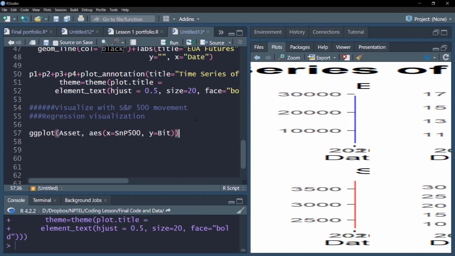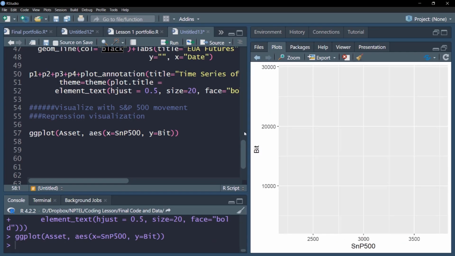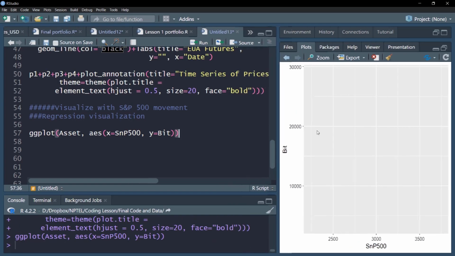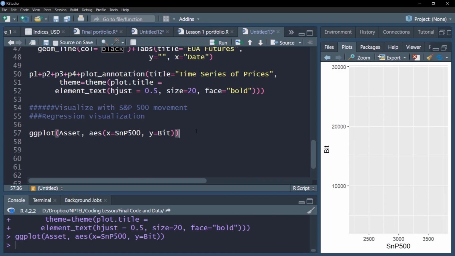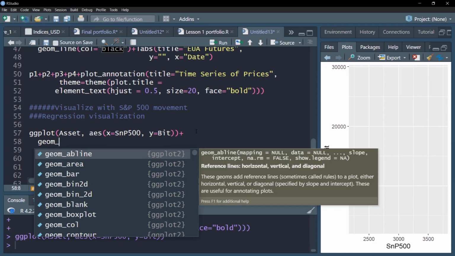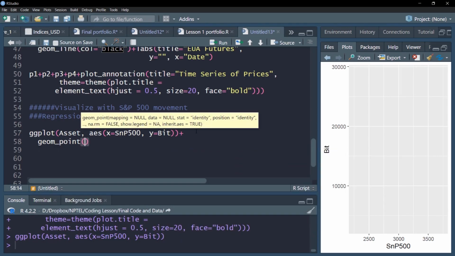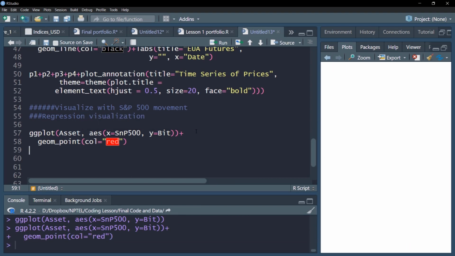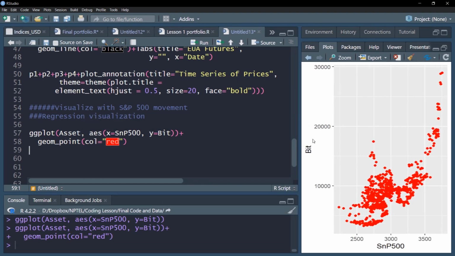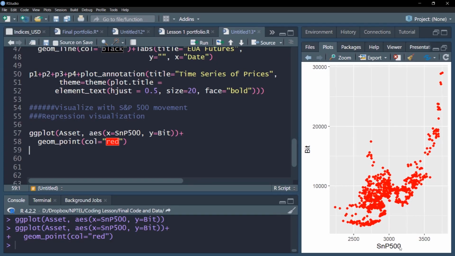Notice that when I run this command, again an empty layer of plot will be created, but we need to do a little bit more. First and foremost, we specify that we want the scattered form. We'll plot the scattered form through geom point. This geom point will create a scattered set of objects, which we'll use in red color. So you notice the relationship between Bitcoin and S&P 500 is plotted in the form of this jittery red scatter